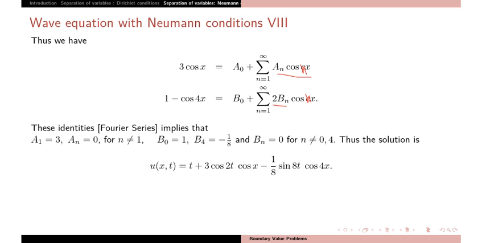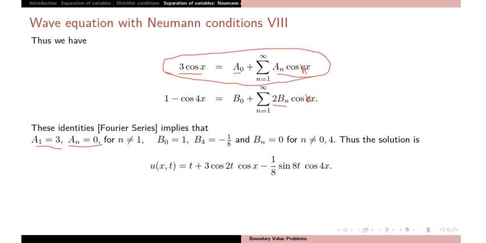Compare this series, since the data is already in a cosine series. So 3 cos x. The Fourier series will be cos nx, with n equal to 0 the constant. So a0 equal to 0. This is 3 cos x, so cos nx corresponds to n equal to 1. So a1 is just 3, and all other an, a0, a2, all are 0.